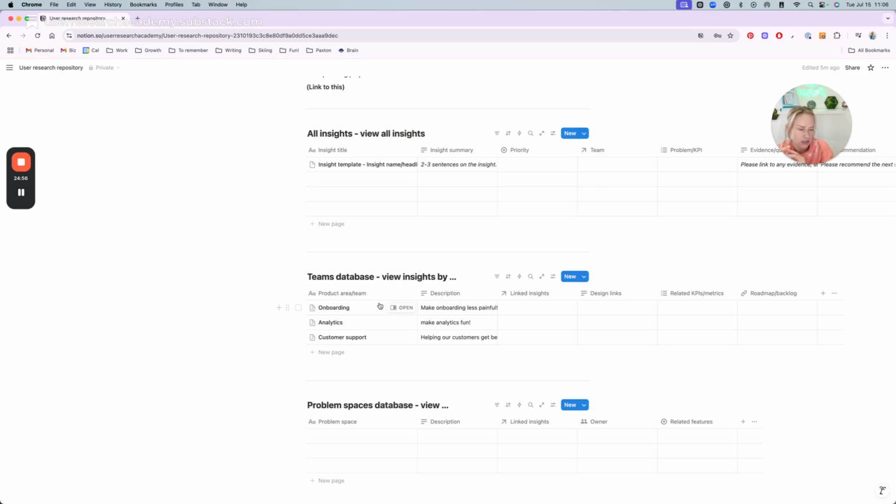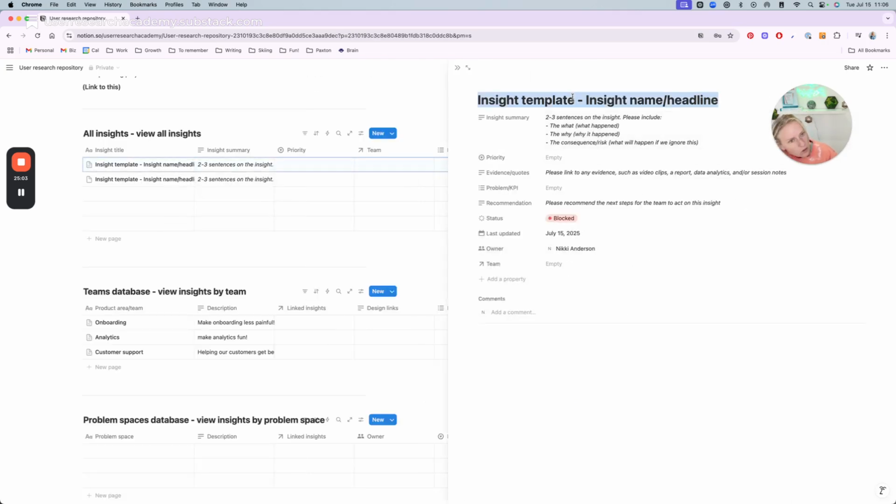Yeah, I can go in and try and create one of these to see how it is. So let's do insight template, insight name slash headline. I'm trying to think of what I could do for an insight really quickly. A travel insight, let's say, because that's the easiest thing to do. No, let's do a B2C one. Users cannot find the coupon code. Right, so 2 to 3